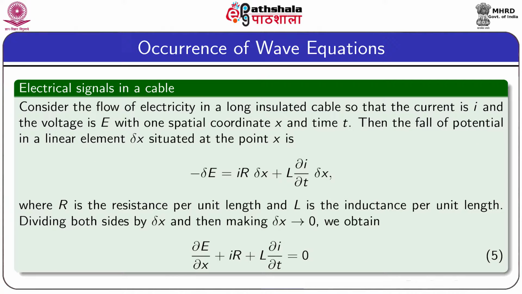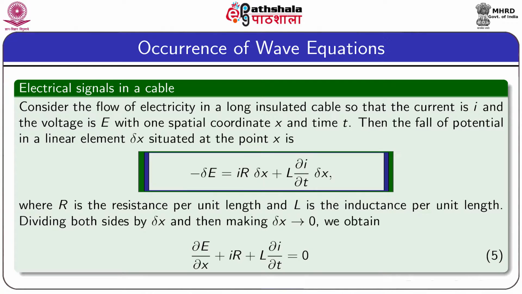Now, we are going to discuss how the wave equation can come up in an electrical problem. For this problem, we consider the flow of electricity in a long insulated cable. The current is denoted by I and the voltage by capital E, with one spatial coordinate small x and time t. Then the fall of potential in a linear element delta x, which is situated at a point small x, is